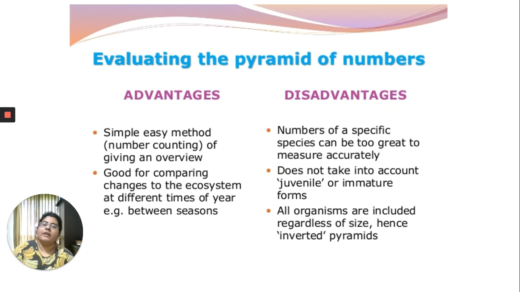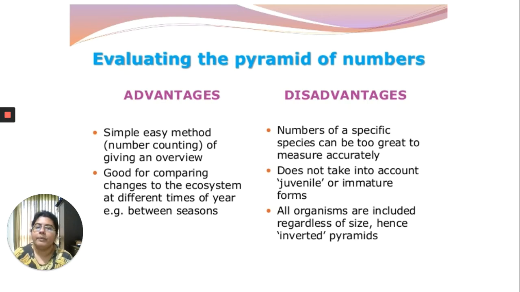Now coming to some advantages and disadvantages of pyramid of numbers. You can pause the video over here and try to read the points and make sense of it. Thank you for pausing. So the advantage of the pyramid of number is that it's simple to understand. You look at the pyramid and you'll know which trophic level's population is most, and not exactly population, community. Which community is more in number in this ecosystem, and which trophic level has fewer communities living in it and fewer individuals in that area.